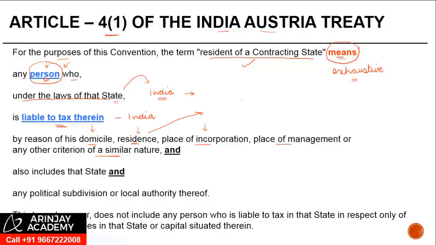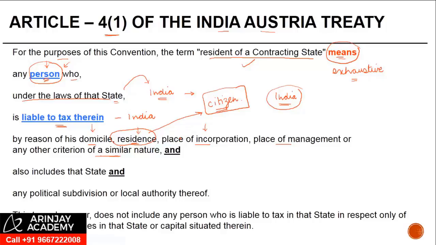Now here I would like to point out one thing, that when you say you are a resident, it need not necessarily mean that you are a citizen, right? The concept of residence and citizenship needs to be distinguished. A person may be a citizen of India, but if he is not staying in India for the last 10 years, he need not necessarily be a resident of India for tax purposes, right? Therefore, the concept of residence and citizenship is different.